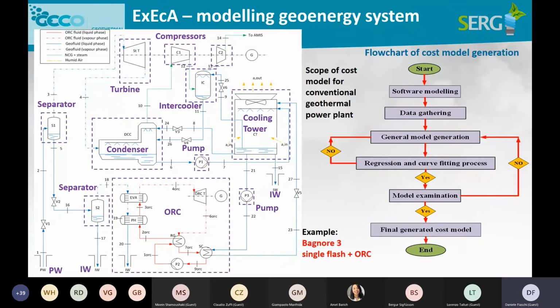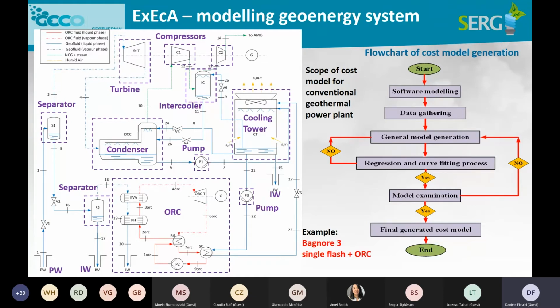The scope of the cost model for a conventional geothermal power plant is shown in the left-hand picture, highlighting the maximum disaggregation of components, which allows detailed allocation of cost build-up and addressing the most influencing one. A fundamental step of Exergo-Economic analysis is the definition of component cost correlations, which put in relationship their costs with the relevant working parameters, for example, surface area for heat exchangers or power for mechanical components, and so on.